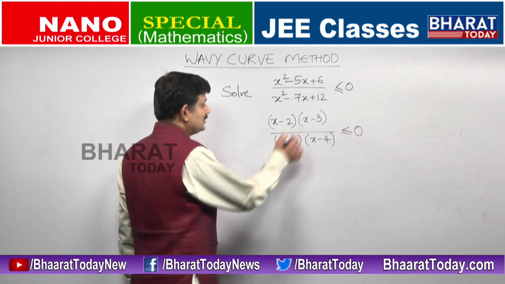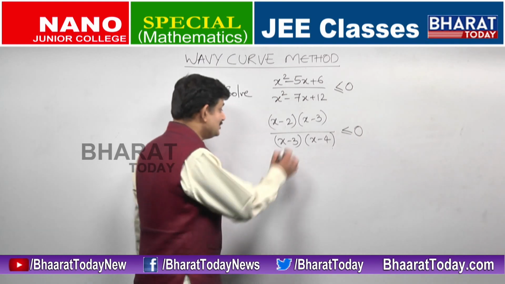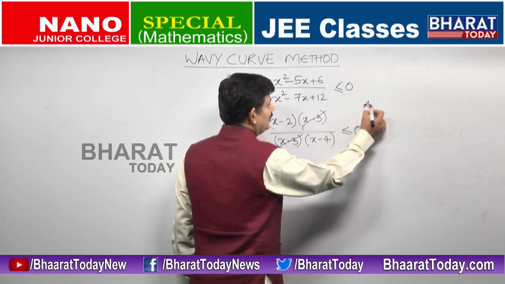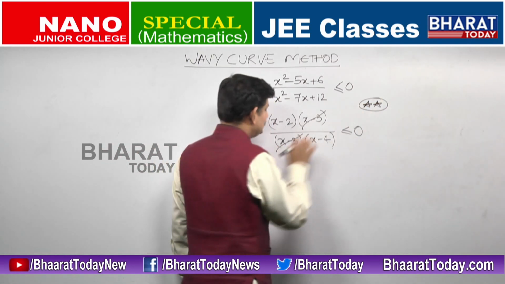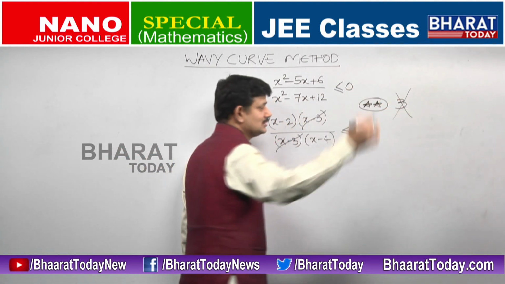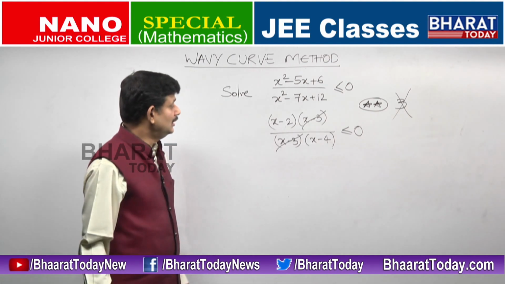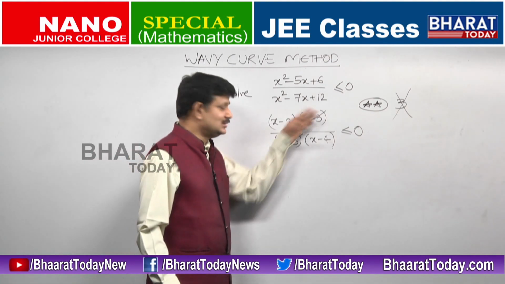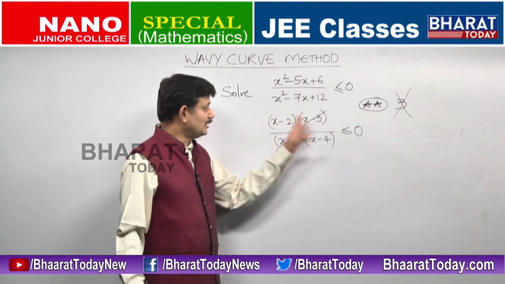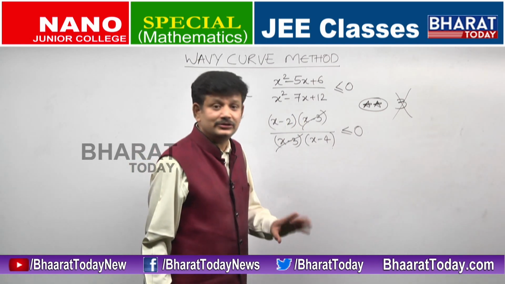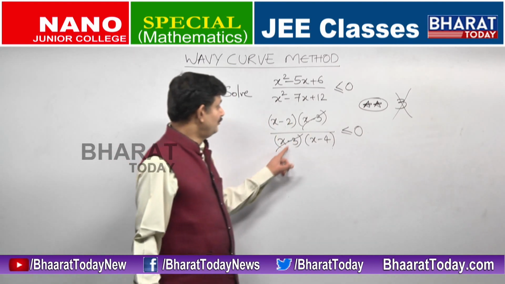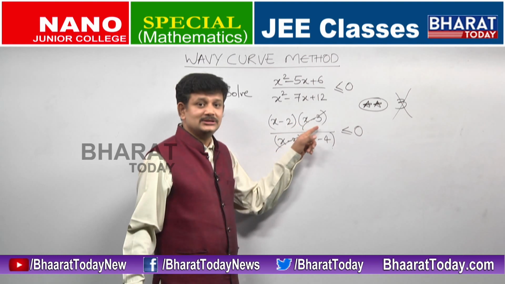Now shall I cancel x minus 3 and x minus 3? Yes, you can, but you have to be very careful that 3 is in the denominator. X should not be 3 at any cost. What you have to remember? Because once you cancel these two, 3 will not be visible. Whenever you are cancelling, you have to check whether that number can be 0 or not. Only after ensuring that, you cancel. So before cancelling, I am checking whether x can be 3 or not.